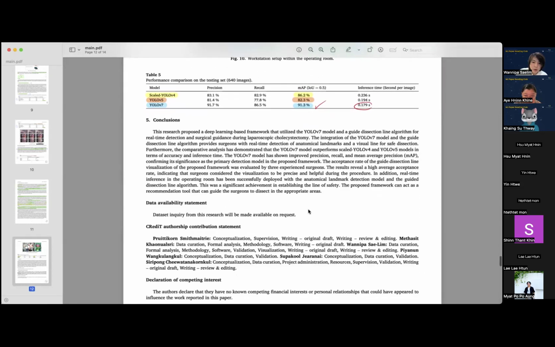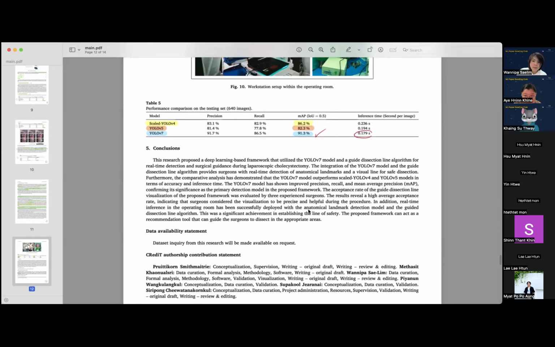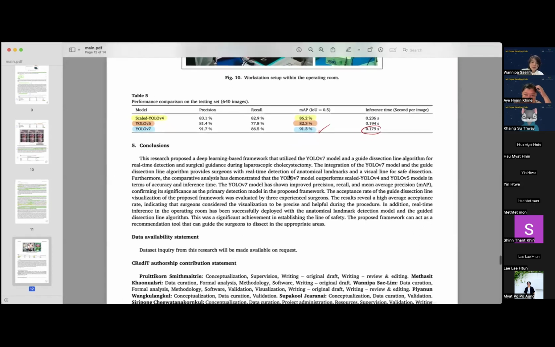So the conclusions of our research: we want to prevent bile duct injury, so we developed a deep learning framework to detect the anatomical landmark called Rouviere's sulcus and the liver base of segment